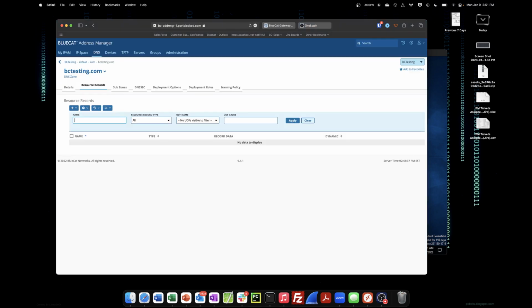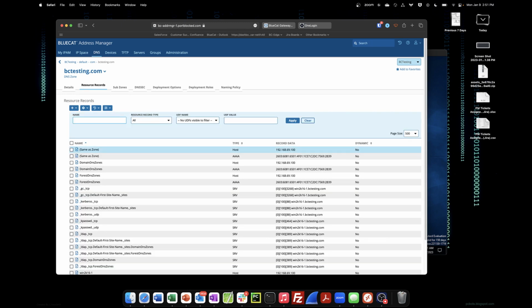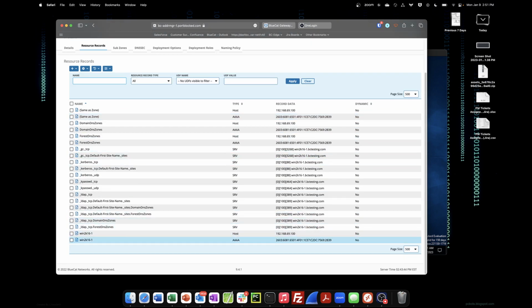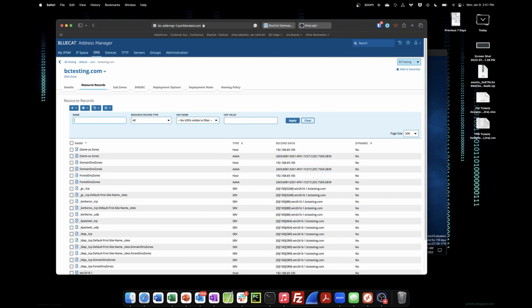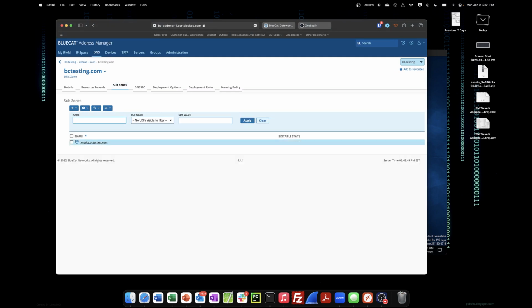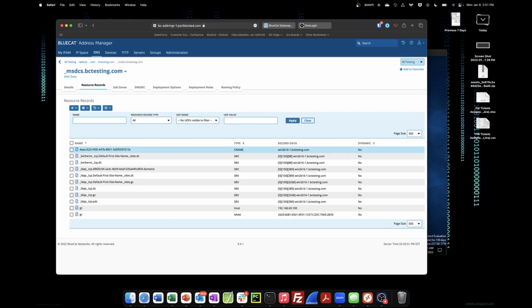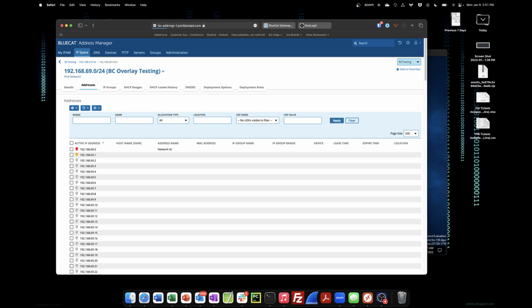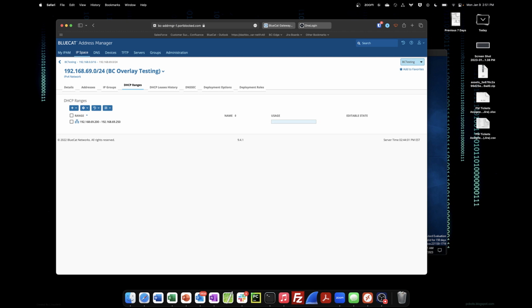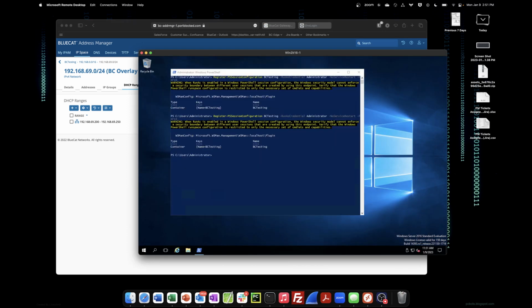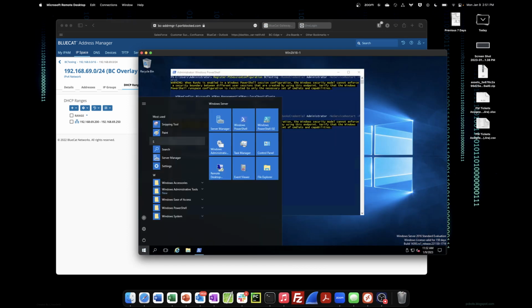So now we can go to the address manager and refresh our screen here. And now we have the records from that BC testing zone in there, and we can see the subzone of _MSDCS. Additionally, we can go look at our IP space and our DHCP ranges, and we now have the range that was created in Microsoft. We can validate this by going to the Windows Server, Server Manager,